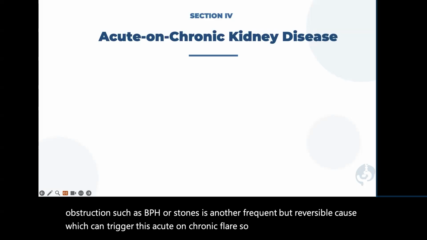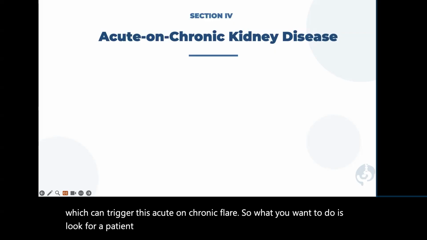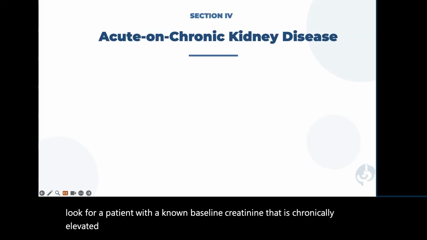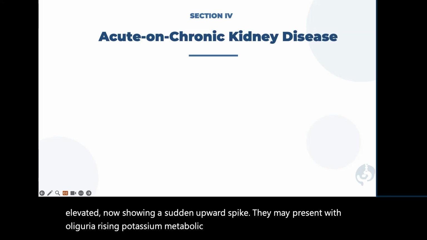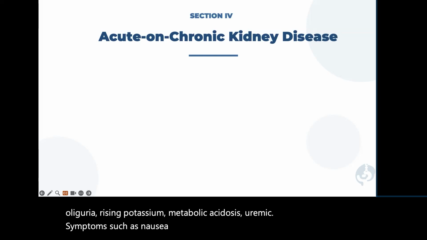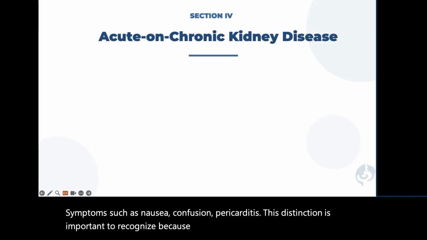So what you want to do is look for a patient with a known baseline creatinine that is chronically elevated, now showing a sudden upward spike. They may present with oliguria, rising potassium, metabolic acidosis, uremic symptoms such as nausea, confusion, pericarditis. This distinction is important to recognize because the acute component offers a chance for reversal, even if the chronic background